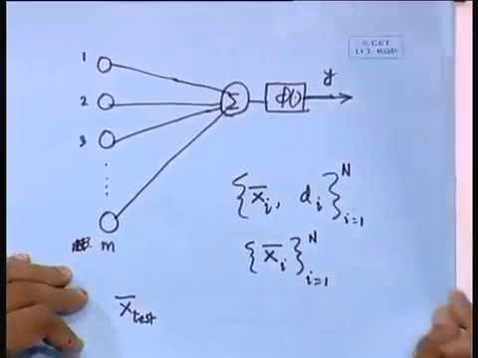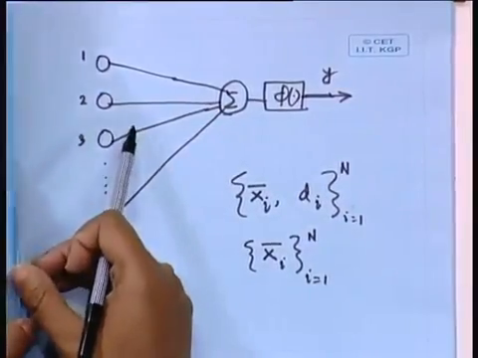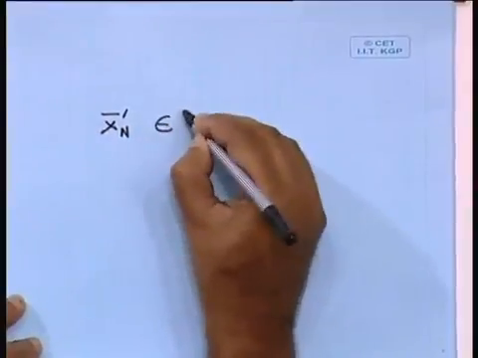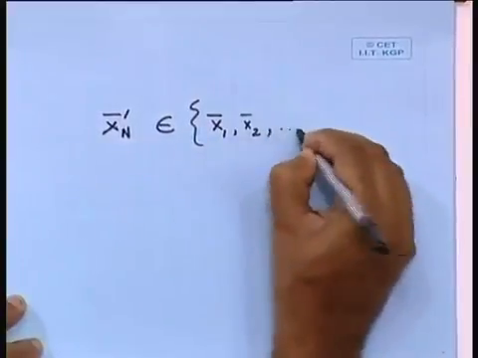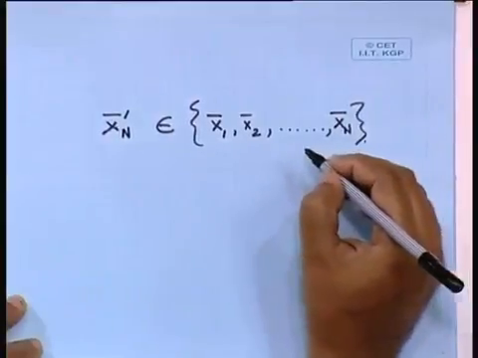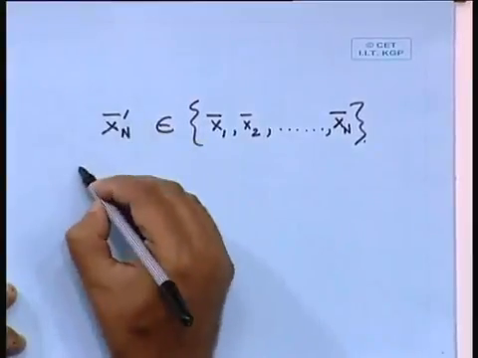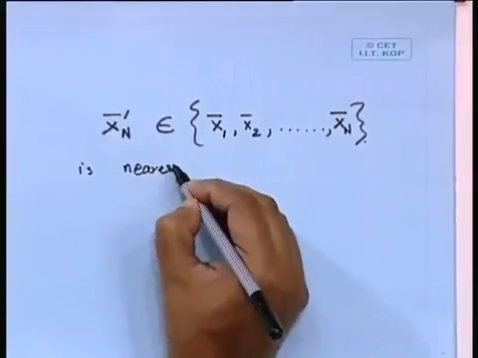So we can say that out of these vectors, if we are able to find a vector Xn prime, let's say, where Xn prime essentially belongs to this set, the set of X1, X2, etc. up to Xn, for n different vectors or n different patterns, we can say that this Xn prime is the nearest neighbor of X test,